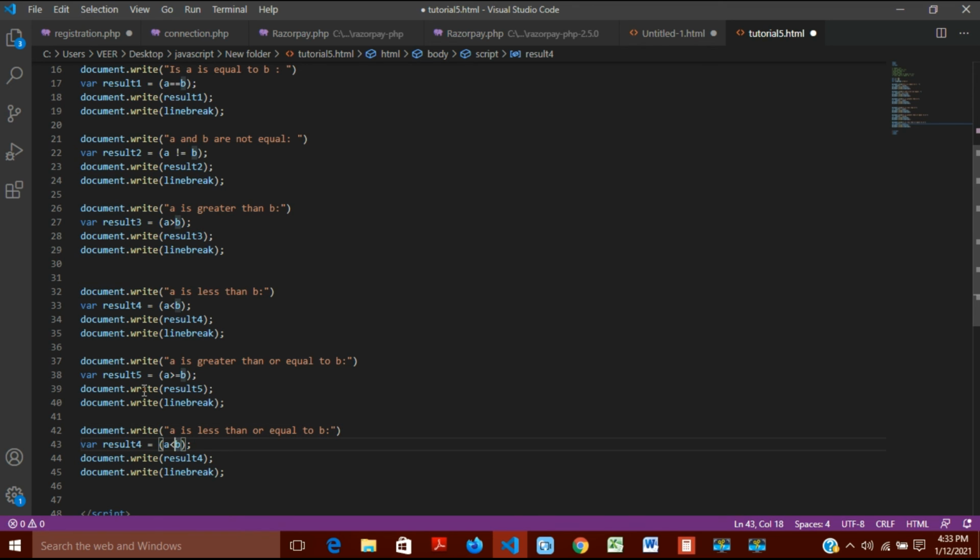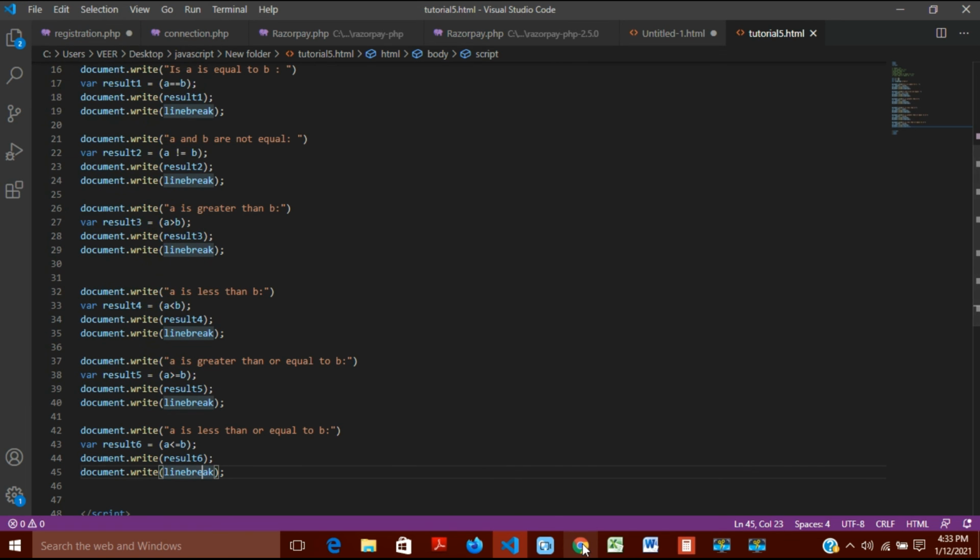So here less than or equal to b, and this I will give the variable name result 6, here result 6 and line break, and file save,